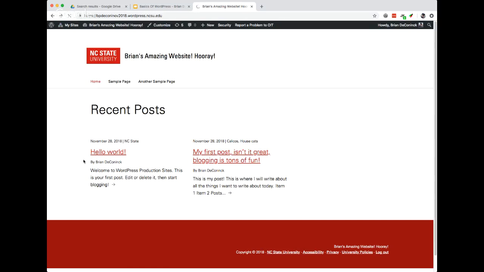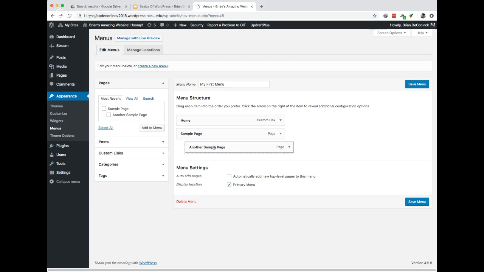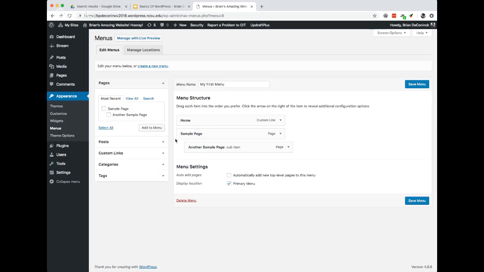If I go back, I have more options. So suppose another sample page, I want it to be in a drop-down beneath my sample page. The way I can do that is I can grab onto it right here, and I can just tug it a little bit over to the right and let go. And just like the page hierarchy, just like the category hierarchy, WordPress indicates this relationship by indenting it a little bit over to the right. So now when I save my menu